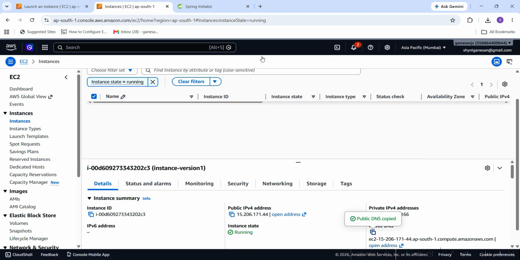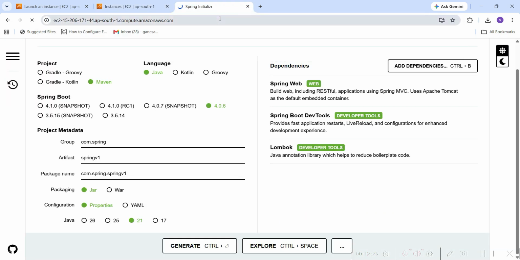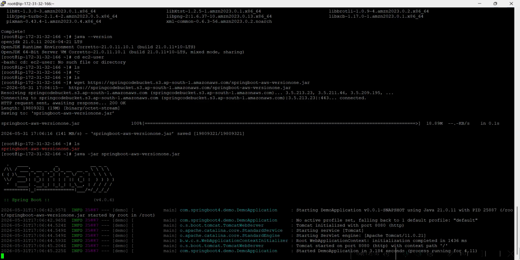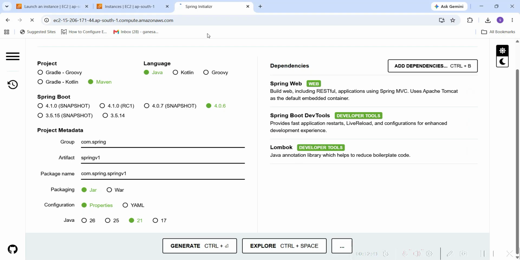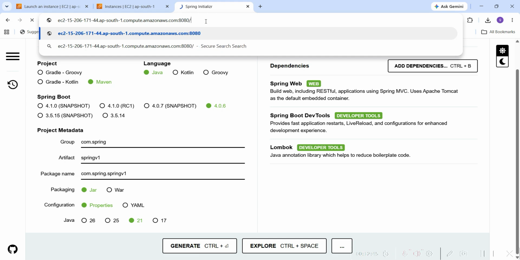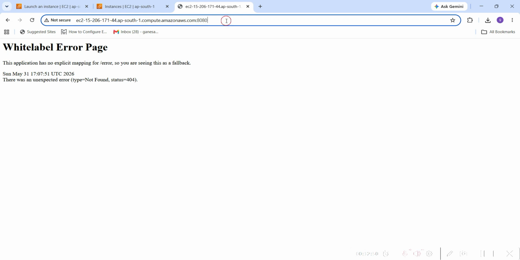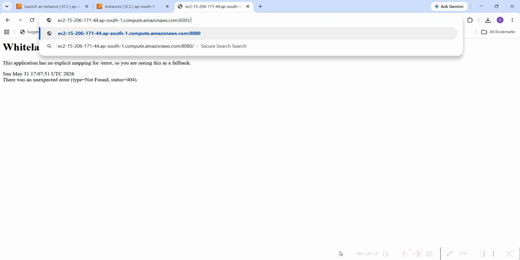Okay, copy it and just paste it. Which port is it running on? 8080. Okay, so we select 8080 and it shows the Whitelabel error page, because we need to define the endpoint